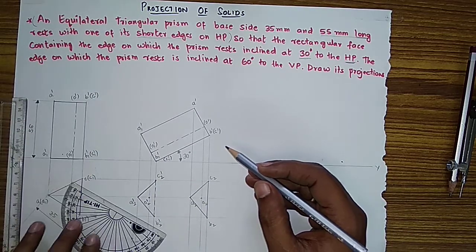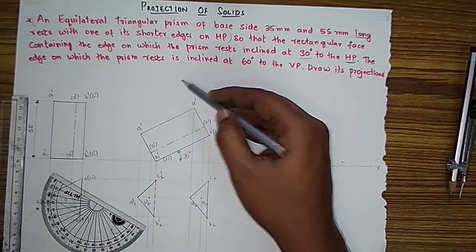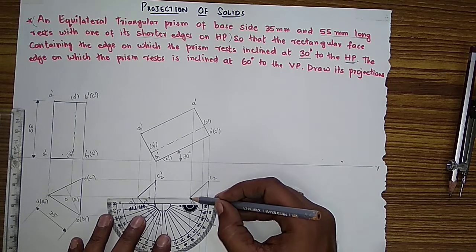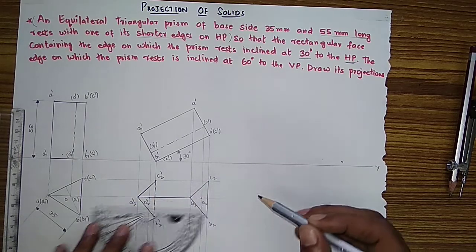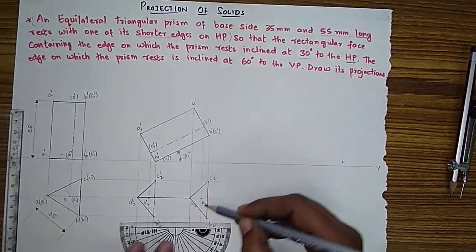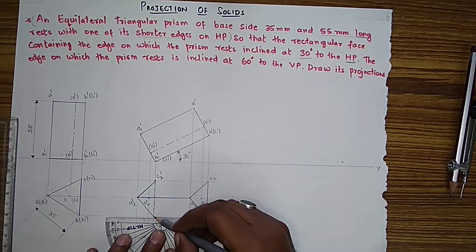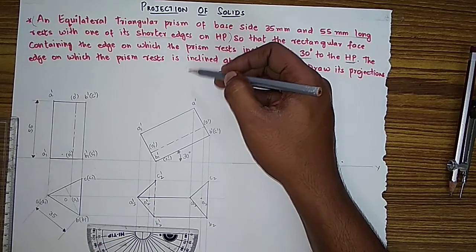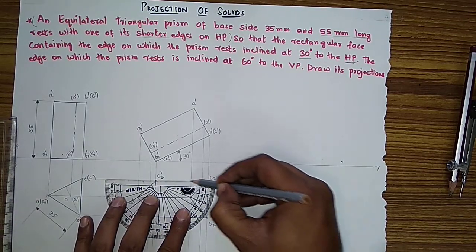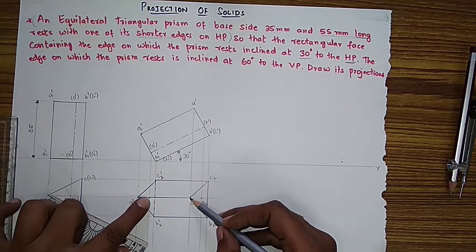For the next, A to A, B to B, C to C, we have to see. A to A is visible from the top. If it is visible, don't think anything. So you have to do A to A dark. Now B to B is not visible from the top. It is downward. So you come here. It is coming on the boundary, the outermost line. So do it dark. C to C is not visible from the top, but it is coming on the boundary. We are doing it dark. Now last, O to O. Here from here to here it is already dark.